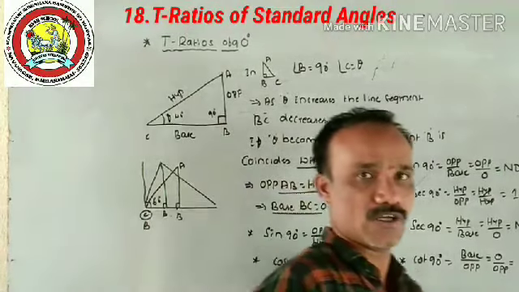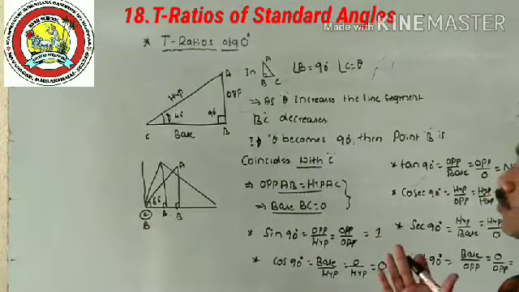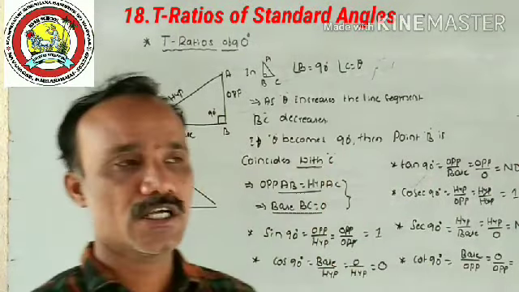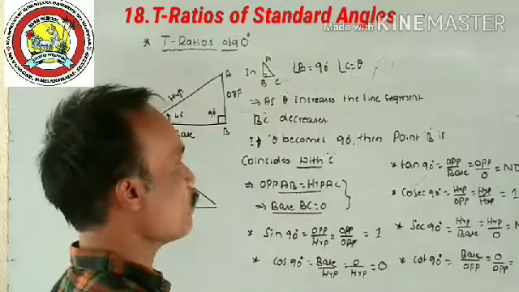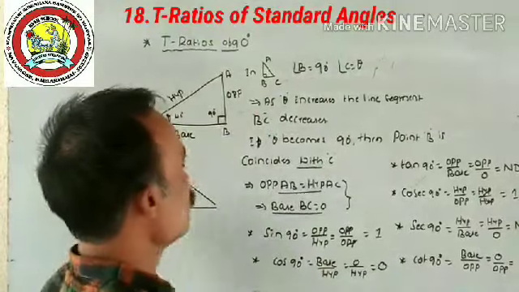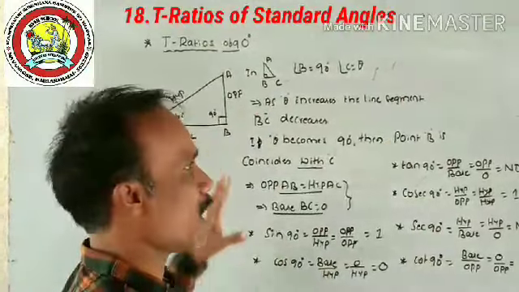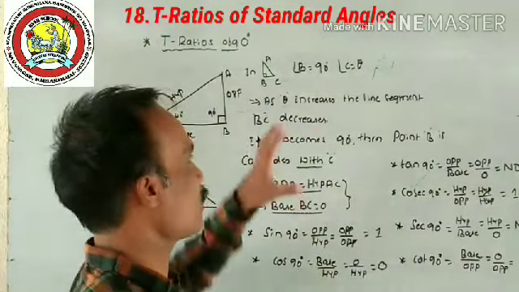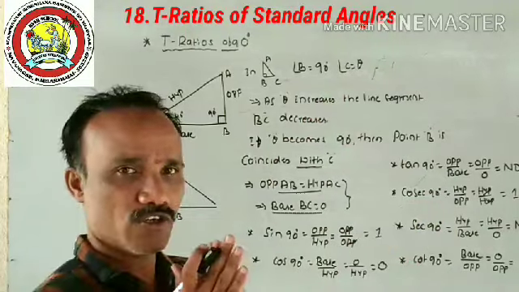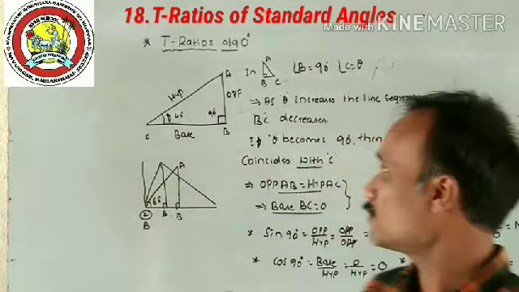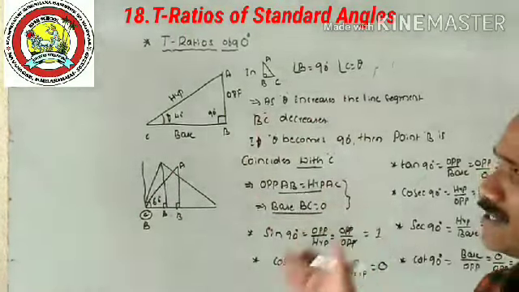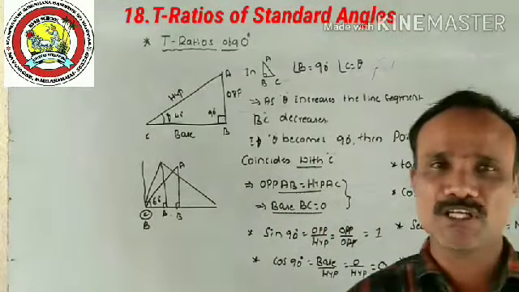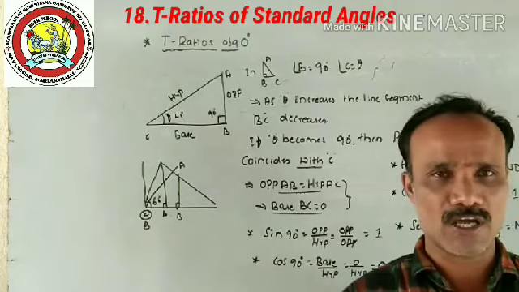Now we got all the values from 0 to 90 degrees. I mean 0, 30, 45, 60 and finally 90. Complete values we got now. I will write the table and enter all the values. The next exercise questions depend upon completing the table, so you remember only the values. No need to learn all these things. Only remember the values. Next I will draw the complete table and enter all the values.